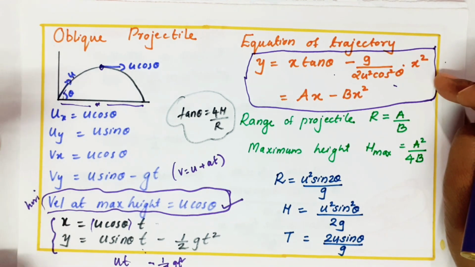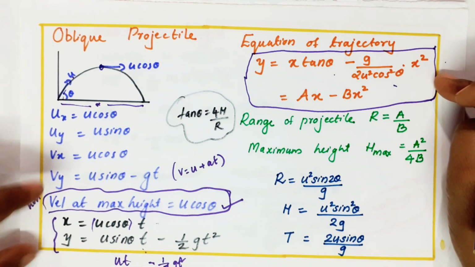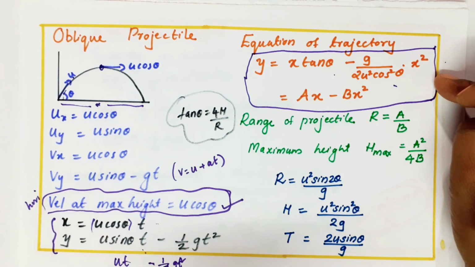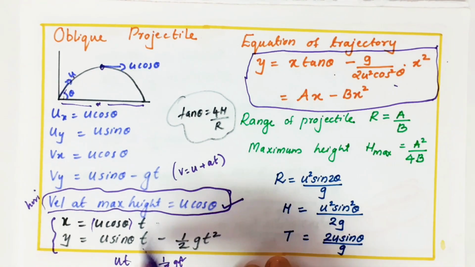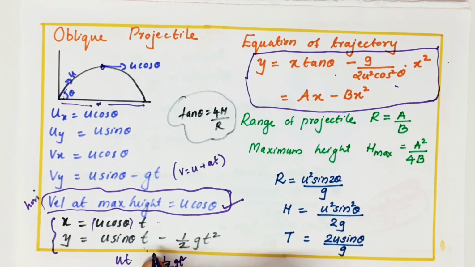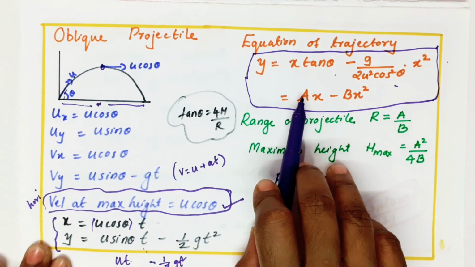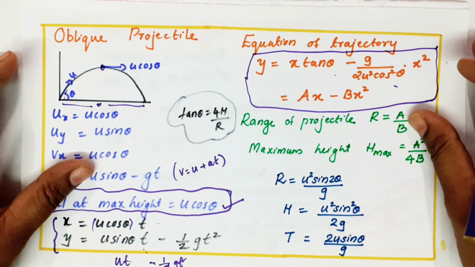All the equations I have written are important for the projectile, because they can ask anything. Sometimes they'll ask only velocity, that means you use this Vx, Vy. Sometimes they'll ask horizontal distance, vertical distance, so we should use these two equations. Sometimes they give the equation in a form like this. These equations are a little confusing, because this is the equation of y with t, remember, y with t, but this is the equation of y with x. So I can use this ax minus bx square.